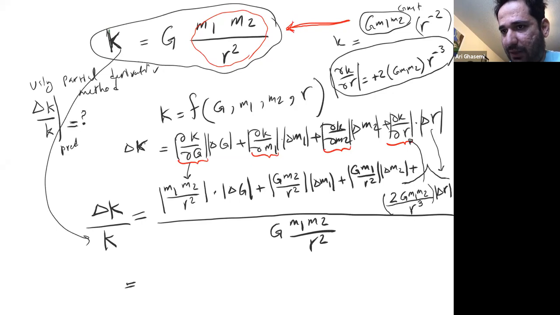This is going to cancel out with this, and this, and this. So the first thing you get is delta G over G. And you know that when we say G here, we're talking about average. These are all average, so I just don't put average here, as you know. So you get delta G over G inside absolute value,